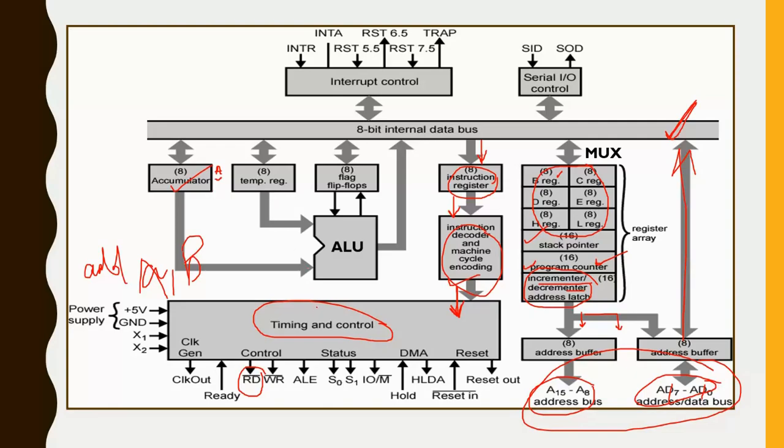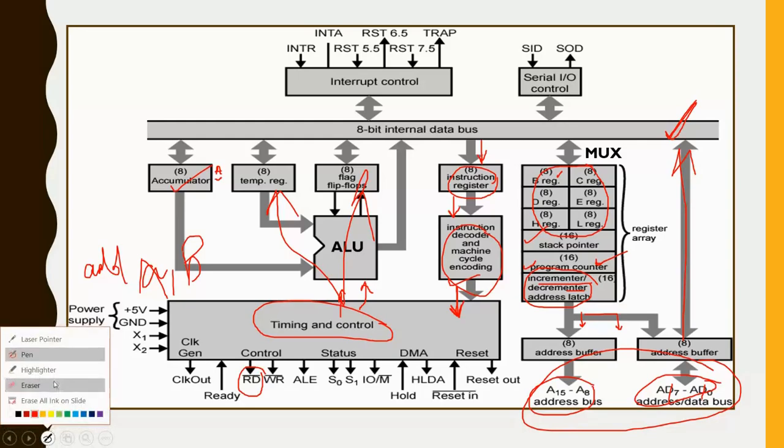So this will tell that register A gets active, register B gets active. So you have to add, right? So it will tell the ALU that ALU, please be activated with the addition operation. So you have to add those registers, right? So it will control every component over here, and we have not drawn the lines to all these things because the diagram will get complicated, right?